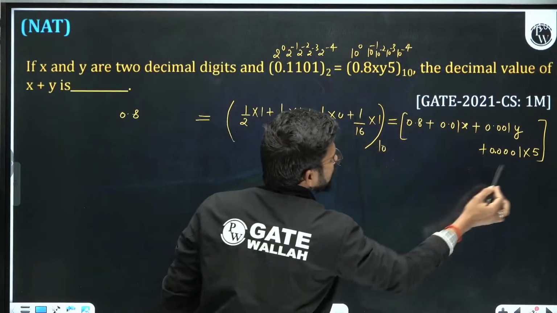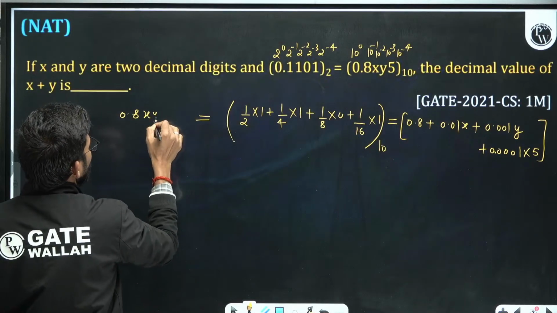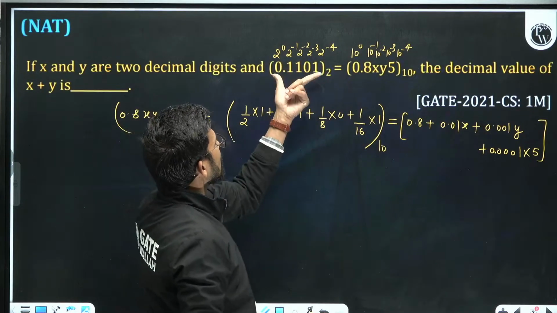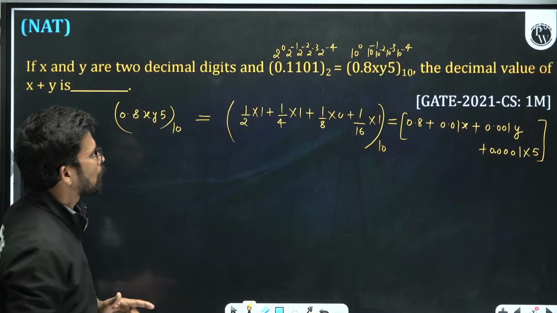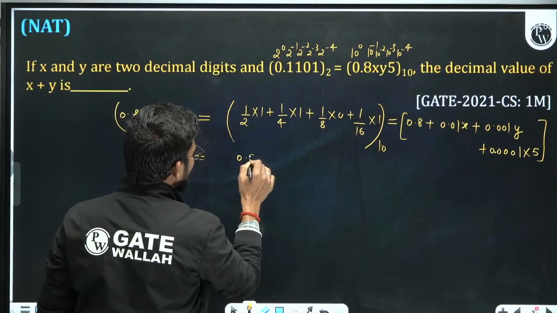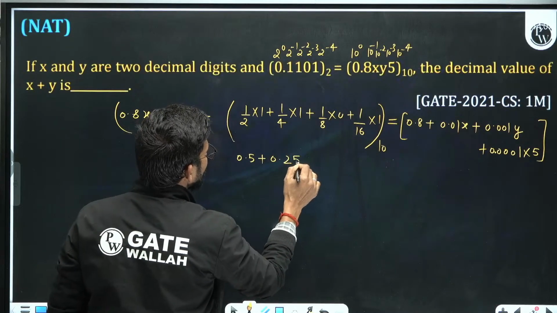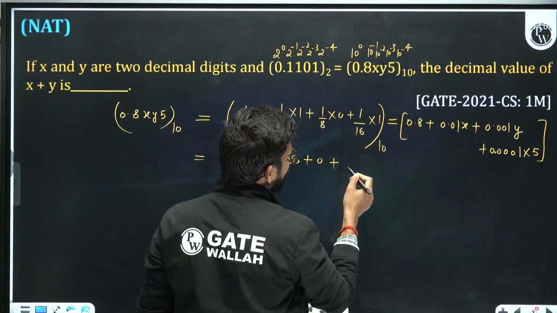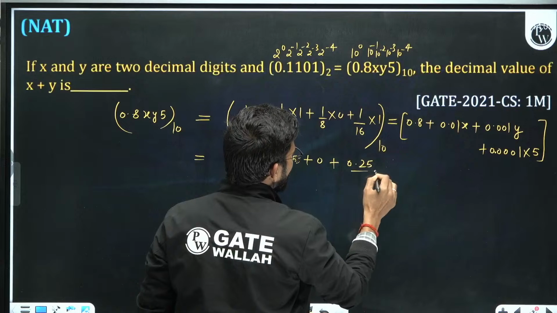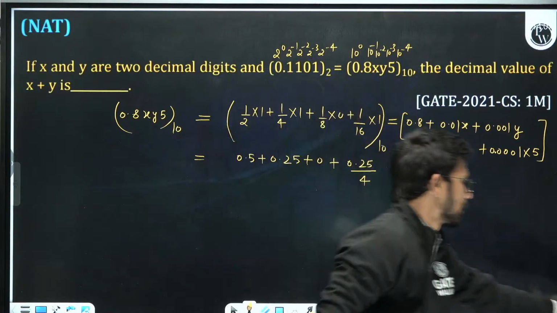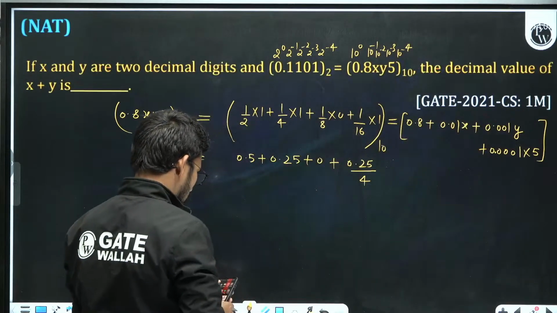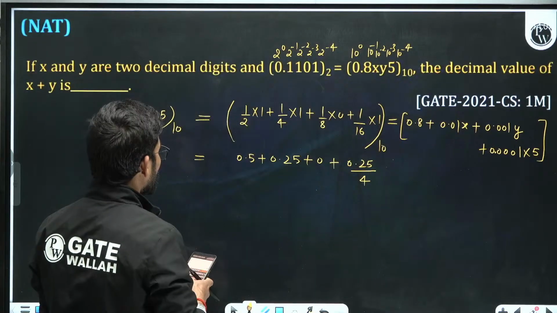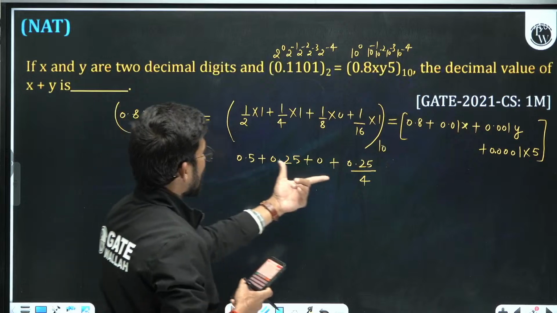We don't need to write this equation at all, because this number is directly given in decimal, so we will compare the corresponding bits with the decimal equivalent of this number. 1/2 is 0.5, 1/4 is 0.25, 1/8 is 0, 1/16 is 0.25 divided by 4. What is 0.25 divided by 4? Let us find out the answer directly by comparing. We don't need to write out this relation unnecessarily, because this will directly be in